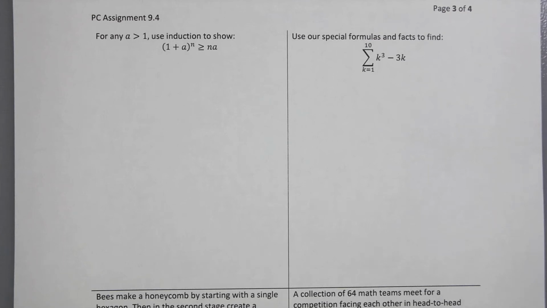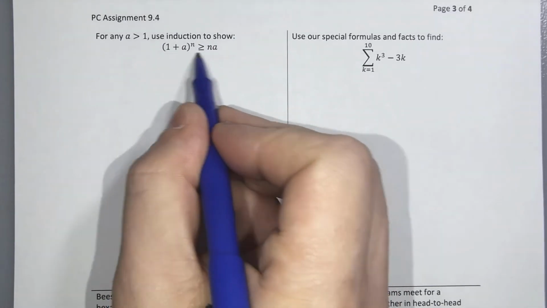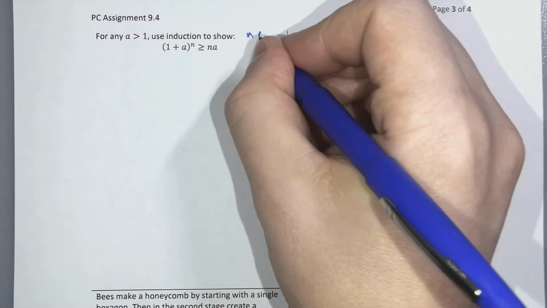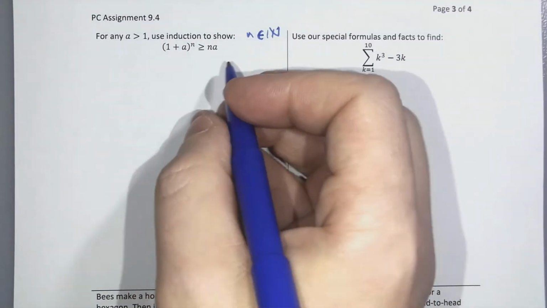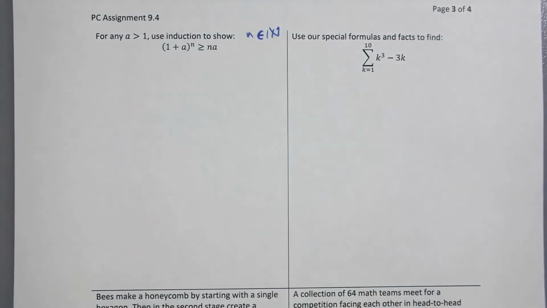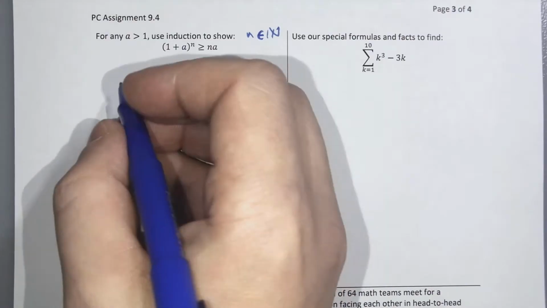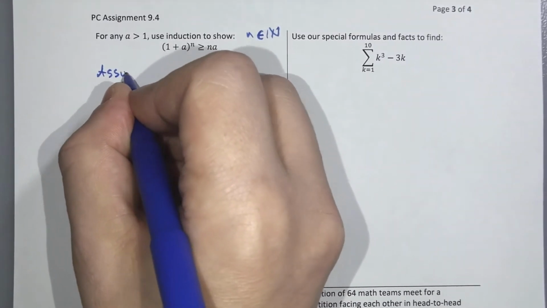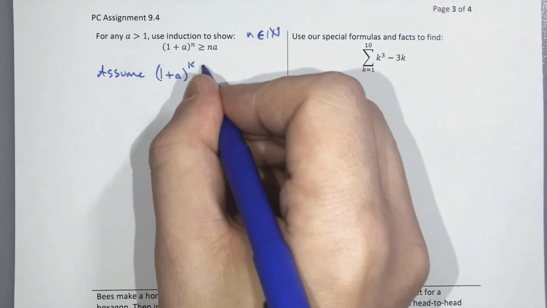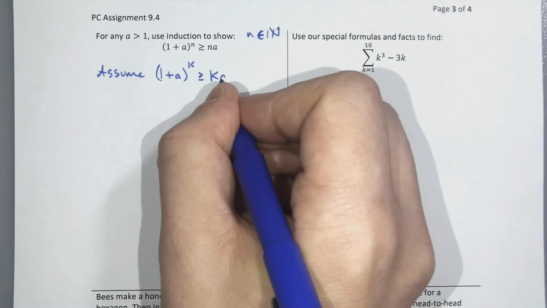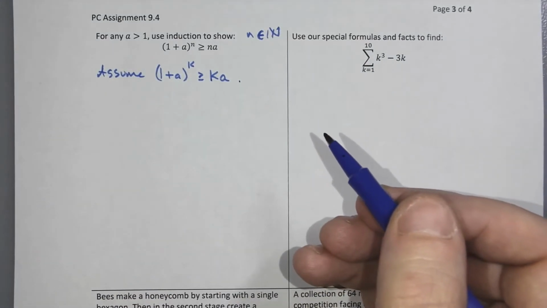Okay, assignment 4, page 3. For any a bigger than 1, use induction to show that this statement is true, again, for any natural number, just like most of our induction proofs. Okay, so for this one, again, keeping in our typical examples for this class, I'm only going to do the inductive step. So if we assume that (1 + a)^k is bigger than or equal to ka for some k,